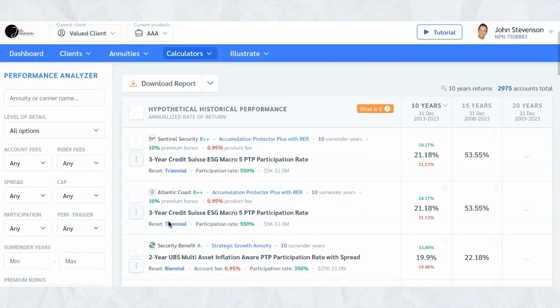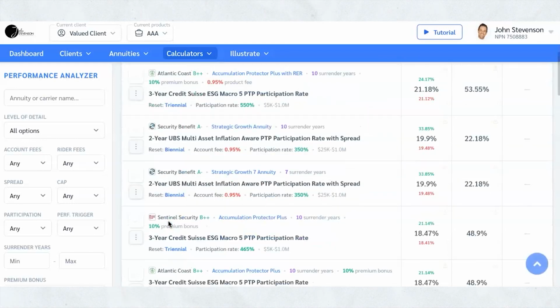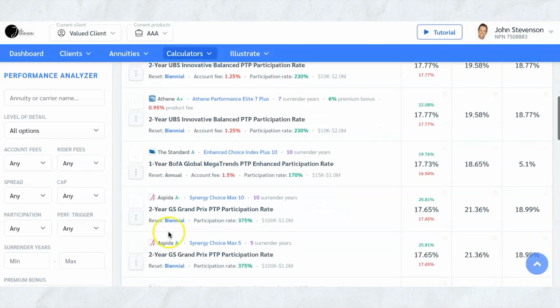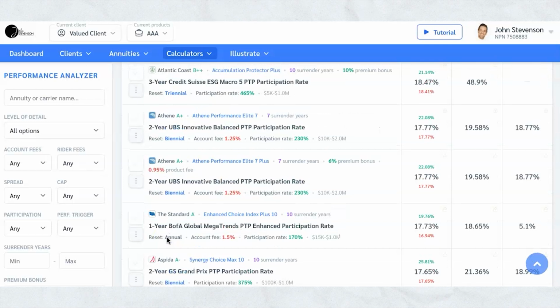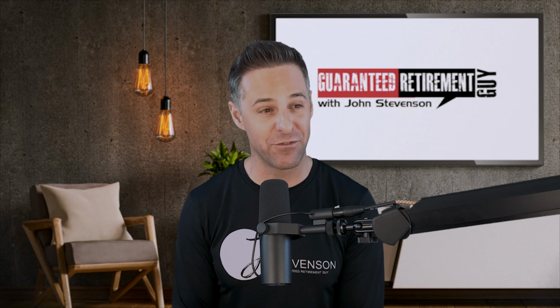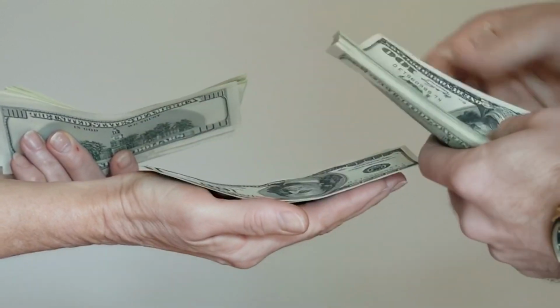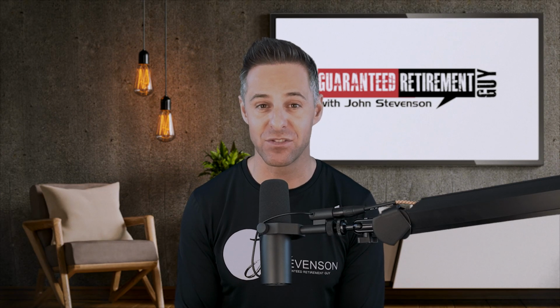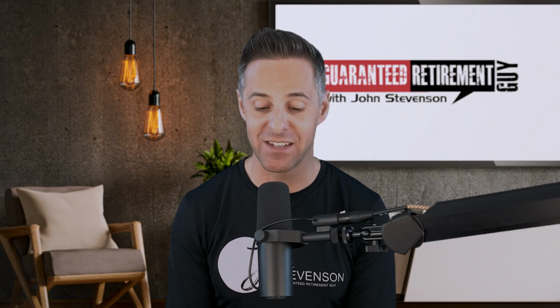So it's showing B++, it's showing some A rating companies. I mean, you got A+ there. You got some indexes that have no fees, some with fees. Keep in mind, if there's an index with a fee, it's because they're charging you a fee to have a higher participation rate in the index. Okay, so just keep that in mind.